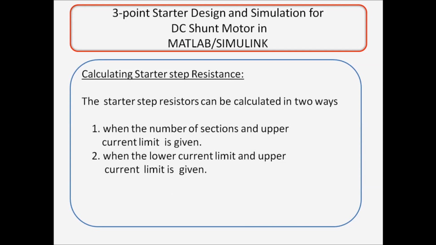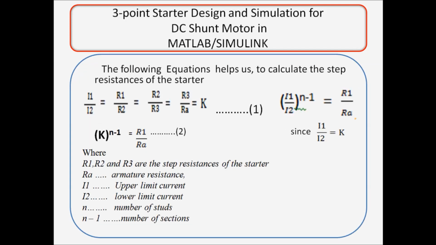There are two ways to calculate step resistors. In the first way, the number of sections and upper current limit are given. In the second way, lower current limit and upper current limit are given. Here I will use the first way. The following equations help us to calculate the step resistance of the starter. Here I will not show the simplified procedure involved to get these equations. I am using direct formulas,